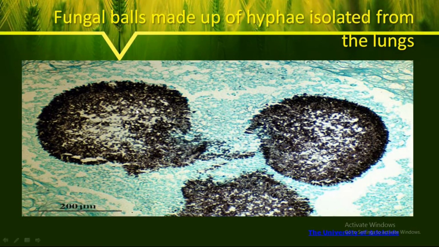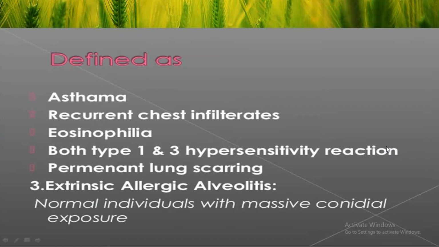So this is a fungus ball. You can see the hyphae very clearly. So this is made up of hyphae in the lungs. So asthma, recurrent chest infiltrates, eosinophilia, both type 1 and type 3 hypersensitivity reactions can occur, and permanent lung scarring can